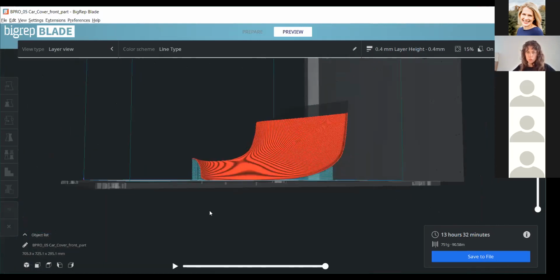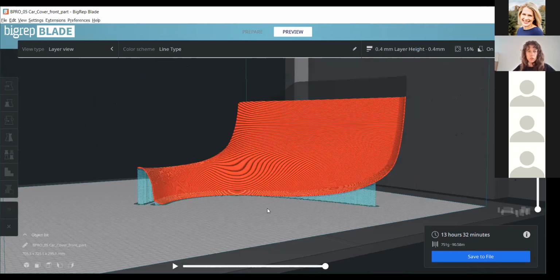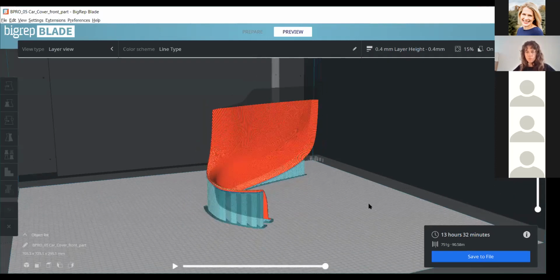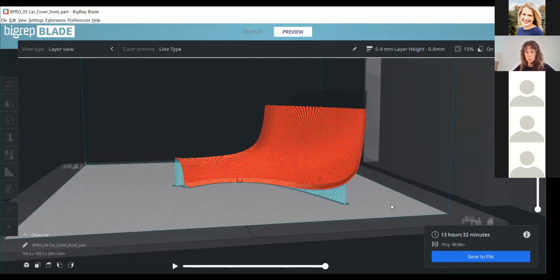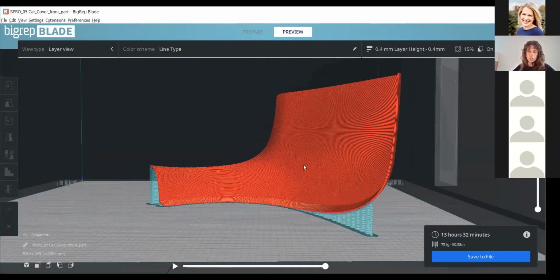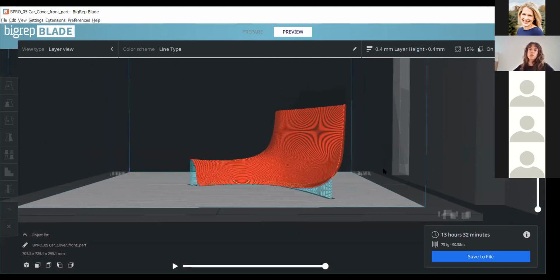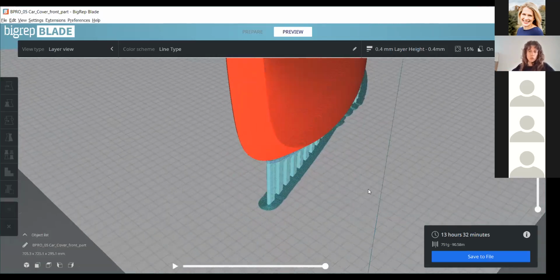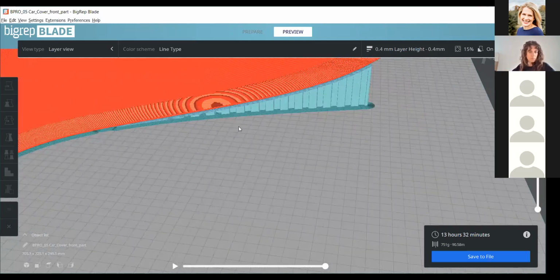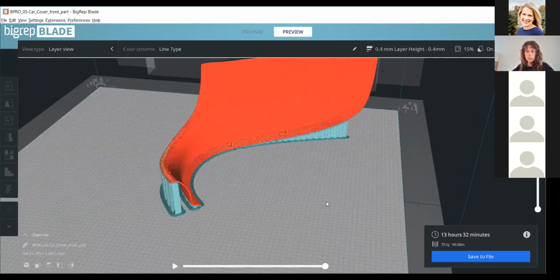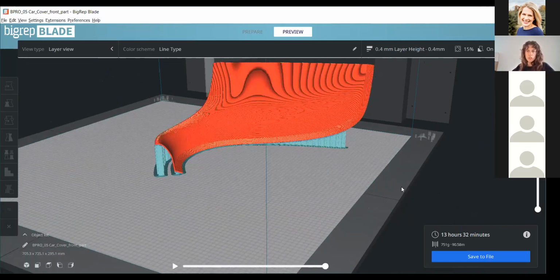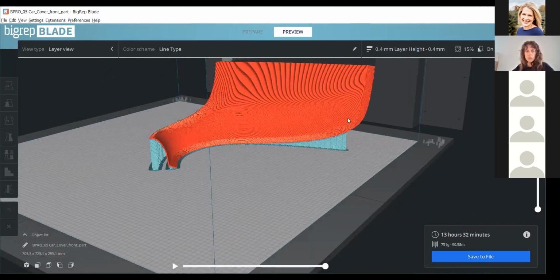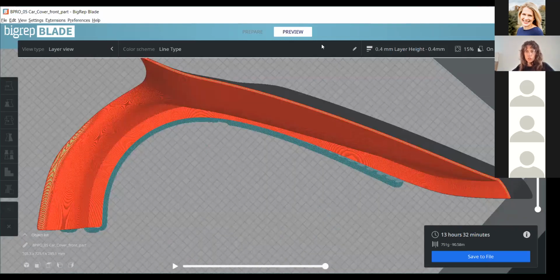It does have all of this support here. It has a lot of support here, which is going to help holding that print down on the bed. Again, we might want to add a little extra support here to hold the part down, since this area has a lot less support and is the larger area of the build. Sometimes when there's a print like that, it tends to pull it a little bit up off the bed. But we could try it as so and see how it works first. Or we could tilt it a little bit. There are different options that one could try. But I'm concerned a little bit about this. So what I would do,